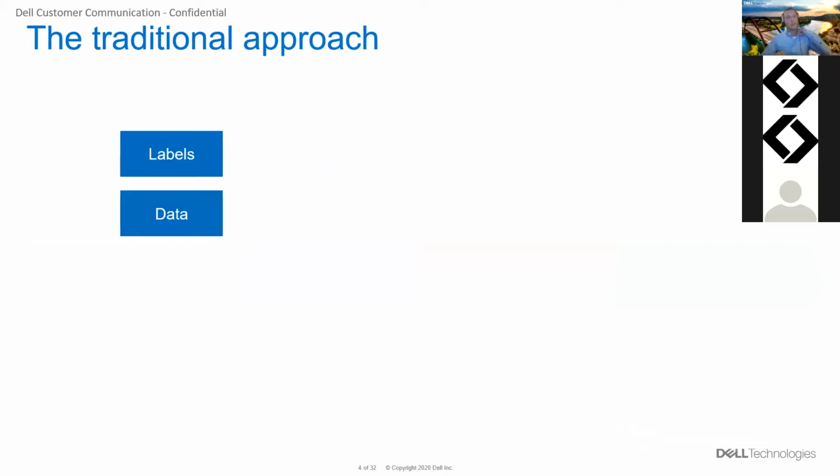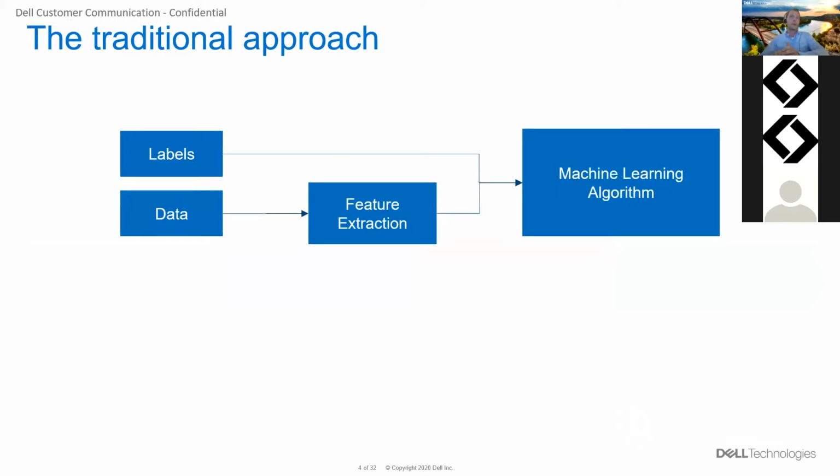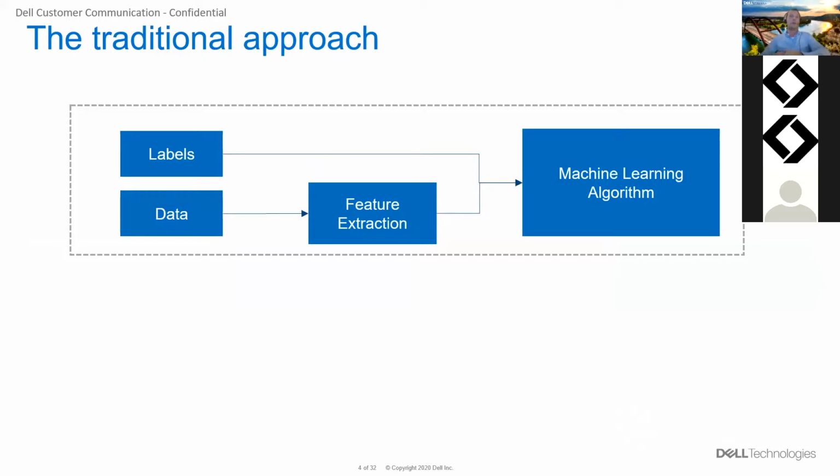In the traditional approach, we have to train this model. We have to teach this model as if it were a small baby, for example. So you would require labels and the data itself. And typically in the traditional approach, you are extracting some features out of the image and you're throwing these extracted features and labels into the machine learning algorithm in order to train your system and then to detect unknown objects that haven't been seen by the algorithm before. This is called the learning process.